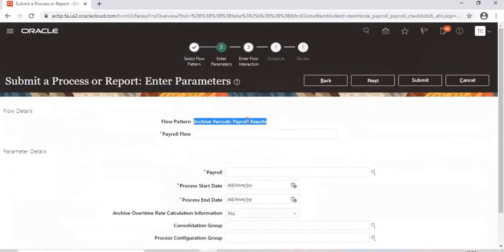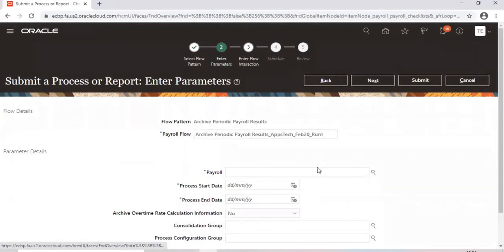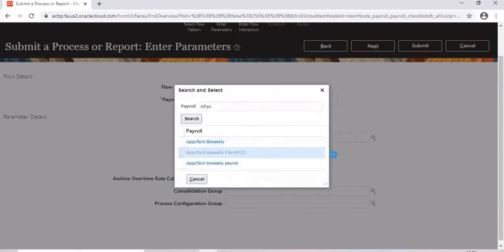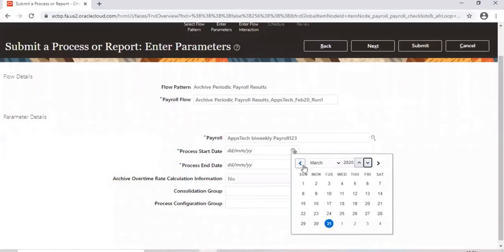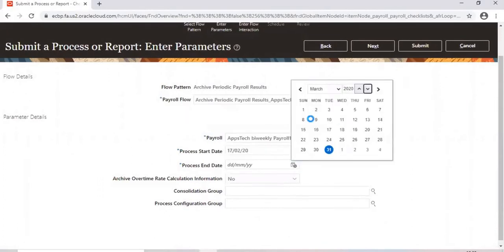So again, you run it. Feb 20 run 1, for which payroll? Again, what is the period start date, period end date? February 17th to March 1st.